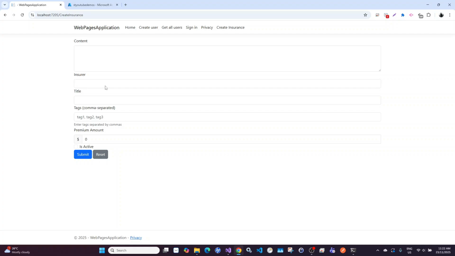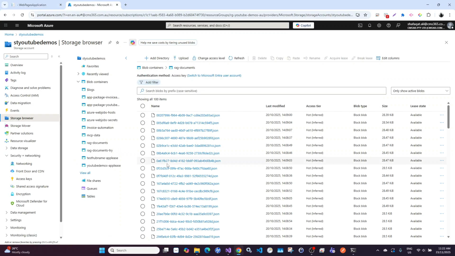I have created a form with some fields. So once this information is submitted, we will call a Foundry agent. The Foundry agent will call an MCP server, which will have tools. One of the tools will have create new insurance policy, and that tool will store this information into a blob